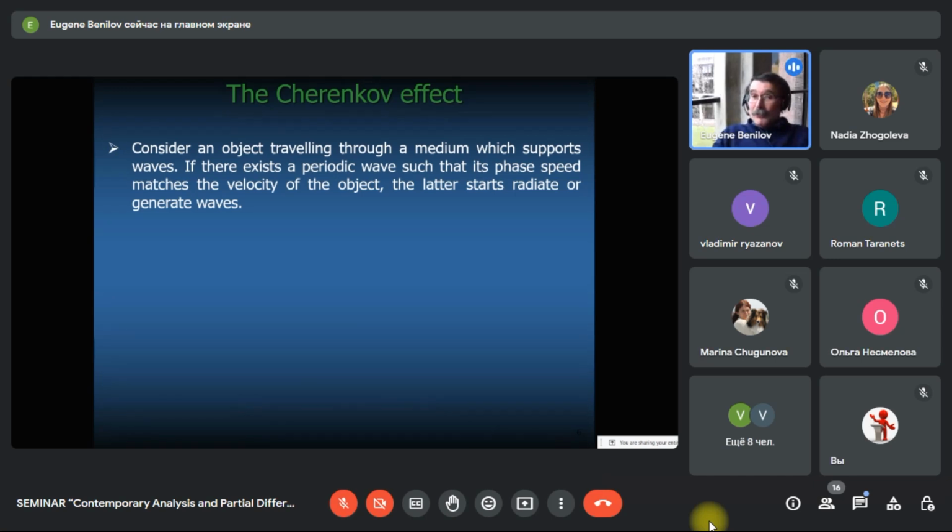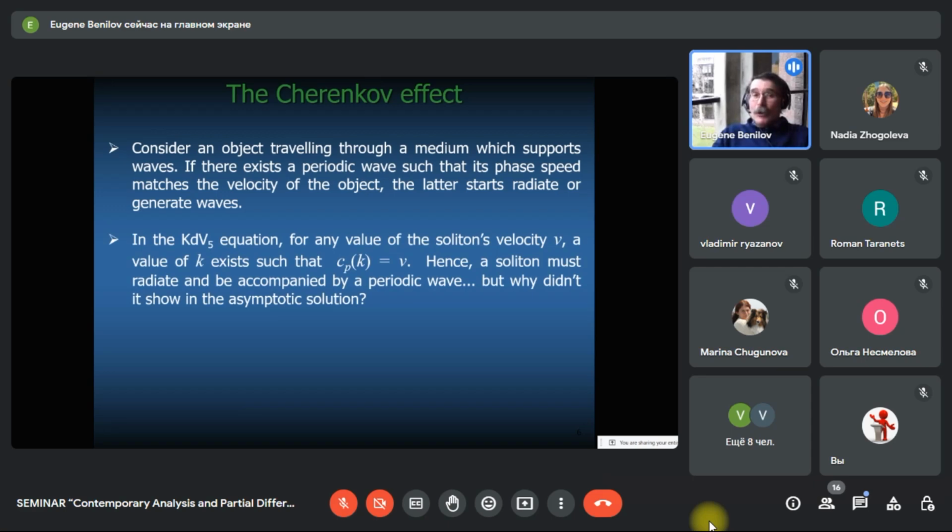And if that's the case, if the object is moving faster than the local wave speed, then it should either radiate waves or generate waves. One way or another, there are waves kind of surrounding the actual object. So in terms of the KdV, the fifth order KdV equation, that would be a soliton. And there are waves, and some waves are faster than the solitary wave. The other one is slower than the solitary wave, and there are those which are moving with exactly